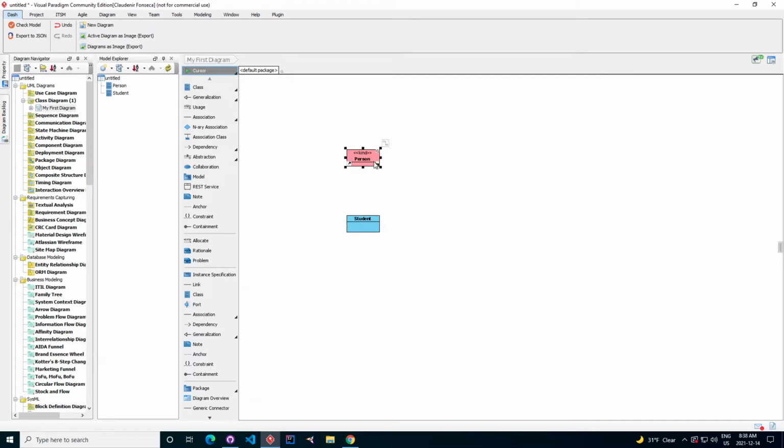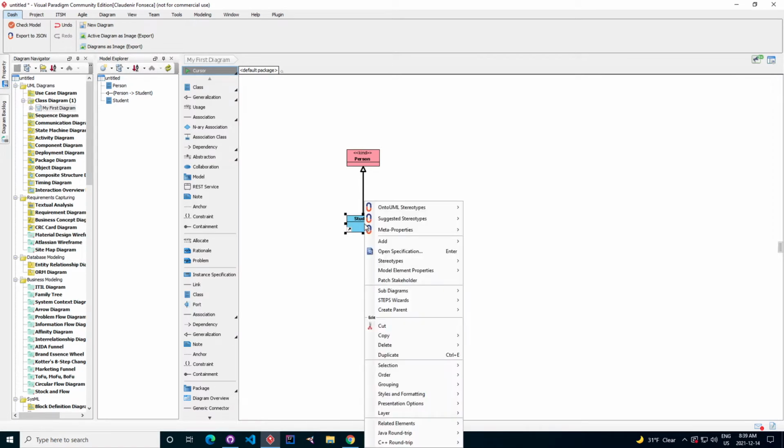I want to say that student is a specialization of person. So I have both the options to click on the generalization to the left, or if I hover over the class, there is this resource catalog here. I can drag this to the other class, and I can select the generalization option to create this generalization. Now that there is the generalization here, when I click on student and I right-click to suggest stereotypes,